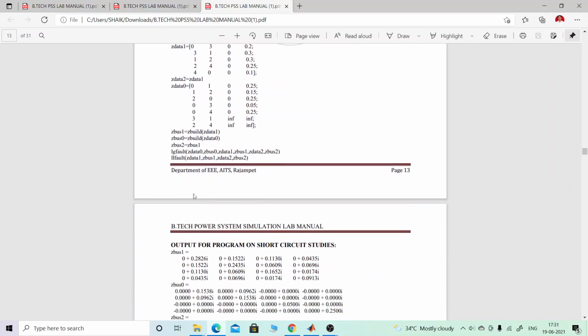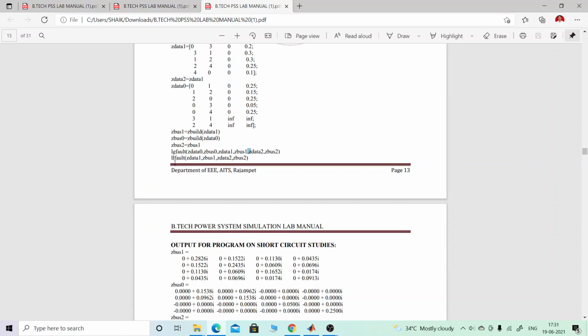So I am assigning here LG fault of Zdata 0. Of these sets, 0 is regarding zero sequence, 1 is regarding positive sequence, and 2 is regarding negative sequence. And in the LL fault, line to line fault, there is no chance of having the ground, that is what is called the zero sequence values.